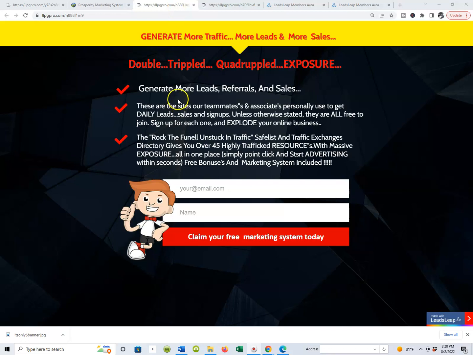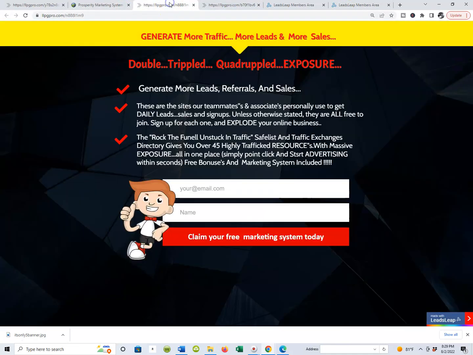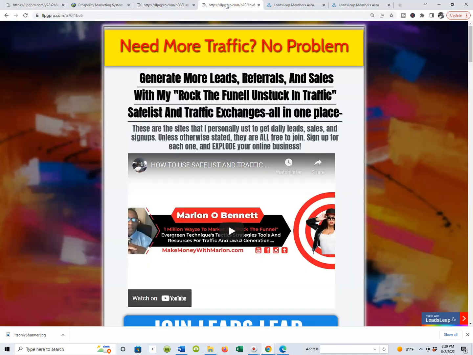Okay, now that you've imported both your lead capture page and your actual bridge page into the Leads League members area, guys, the next thing we're going to talk about is how to connect that lead capture page to the actual thank you page, the page that you're on right now. And then we're going to edit those pages out. So it's a very simple procedure for actually connecting this lead capture page to this bridge page, the thank you